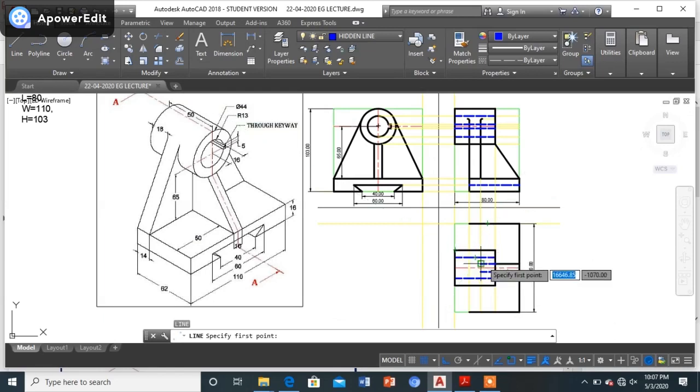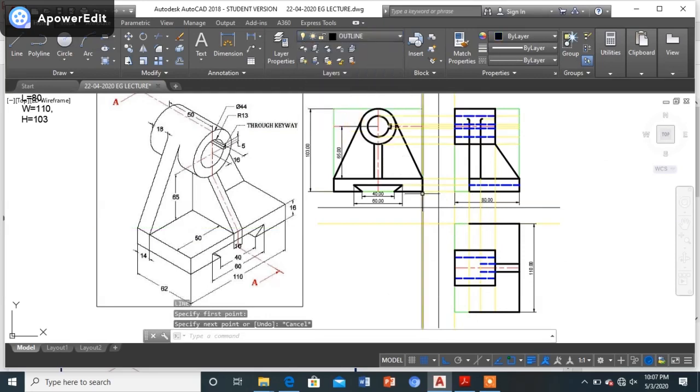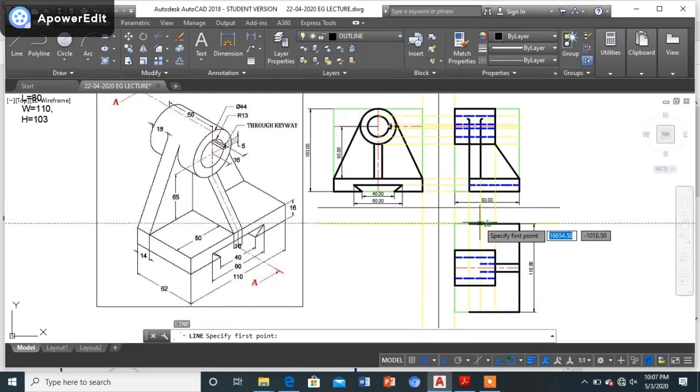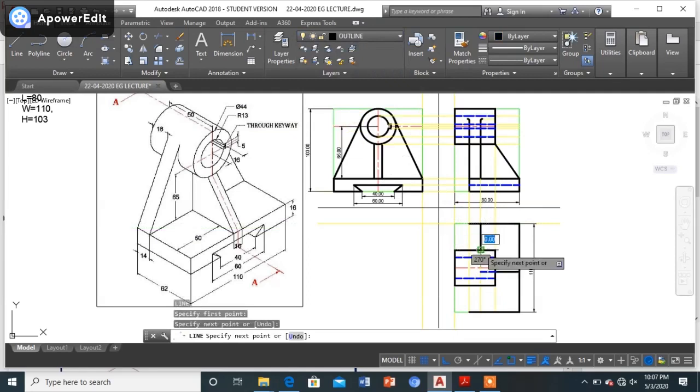Now how do I get that? One by one, at least I can draw the lines till the circumference of the circle. Definitely, since the cylinder is smaller, definitely the tangent points are going to come a bit more inside. So let us at least draw till here